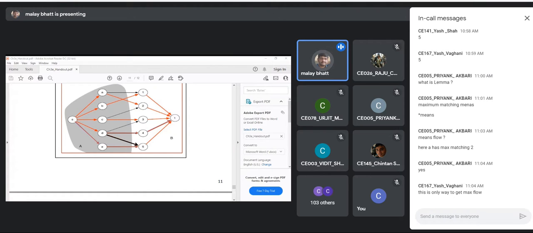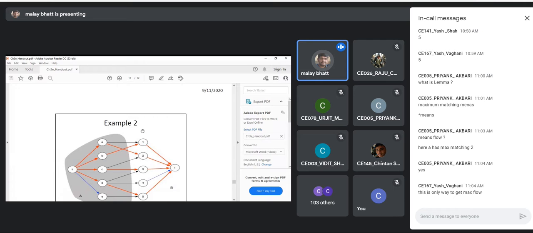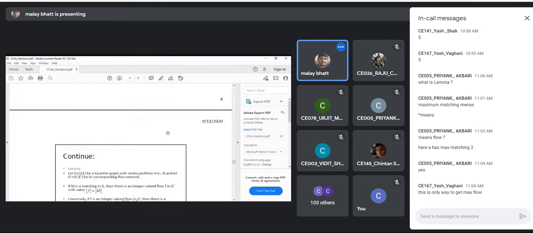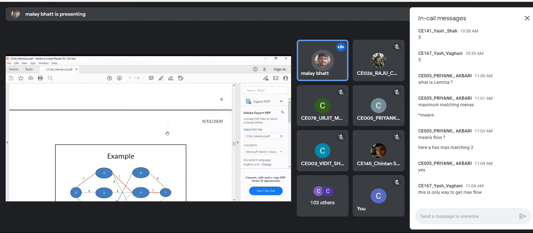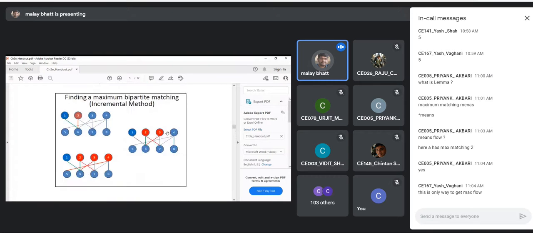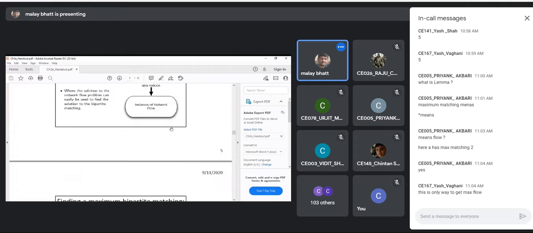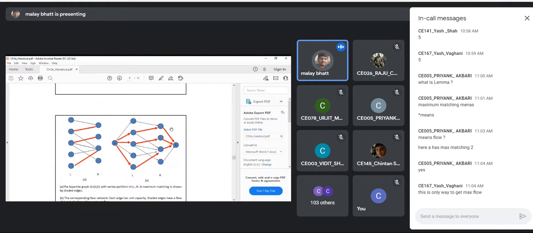We have two methods to achieve the goal. One is the incremental method. If you recall the previous lecture, we went through this example: the incremental approach to find the maximum matching in the bipartite graph. Through this algorithm, we can also find a maximum matching in the bipartite graph. But we are taking bipartite graph matching as one application of flow network. So I am doing a reduction, reducing a bipartite graph to a flow network, so that we can see one application of a flow network.